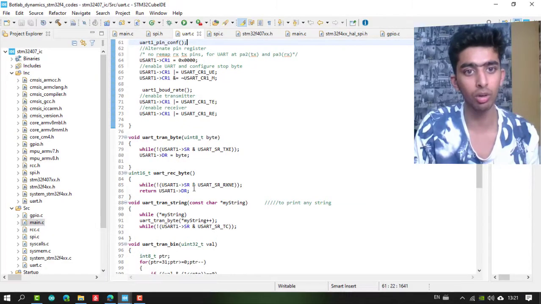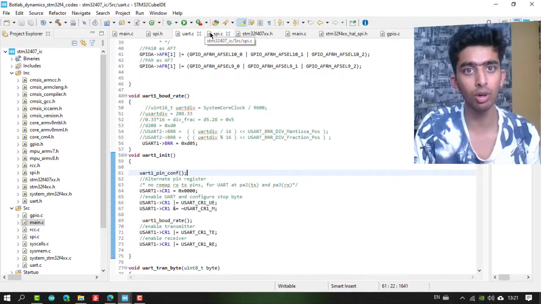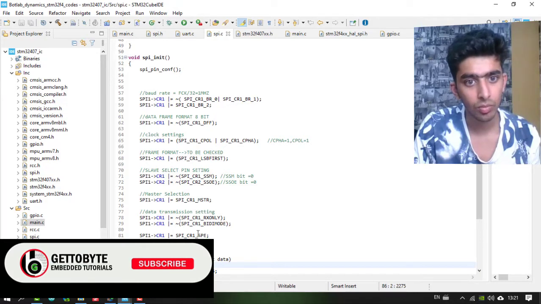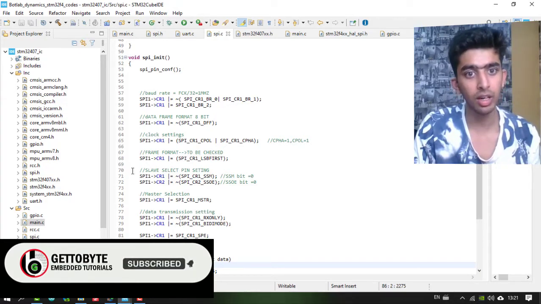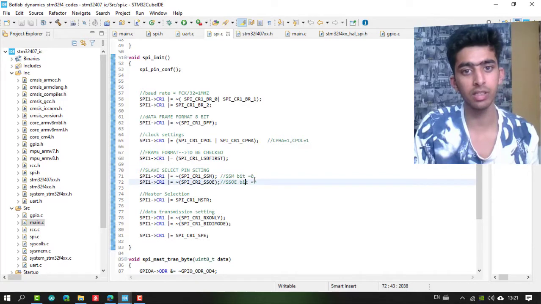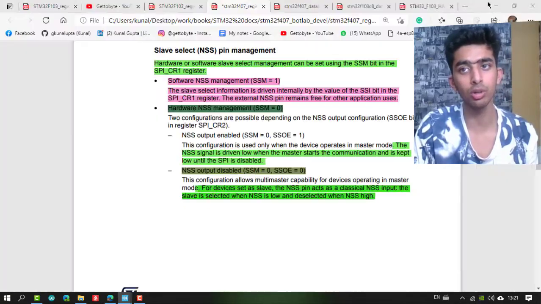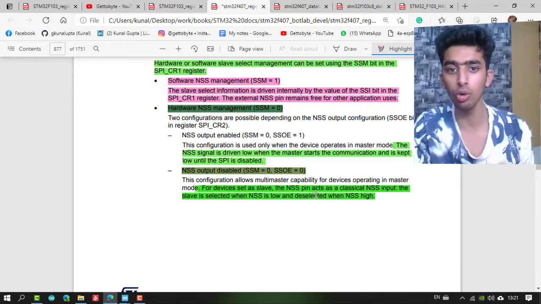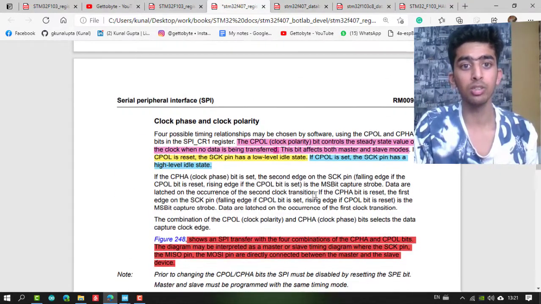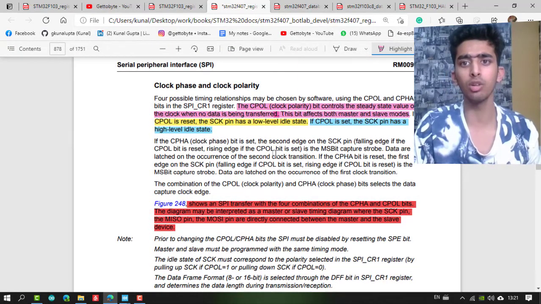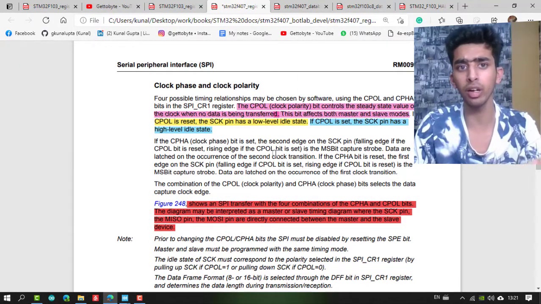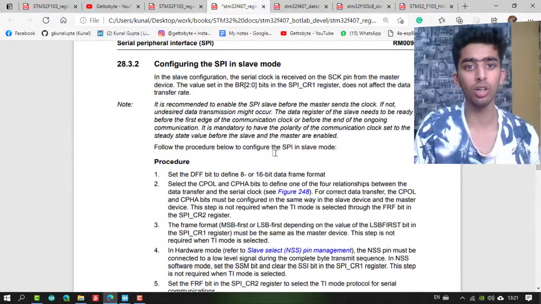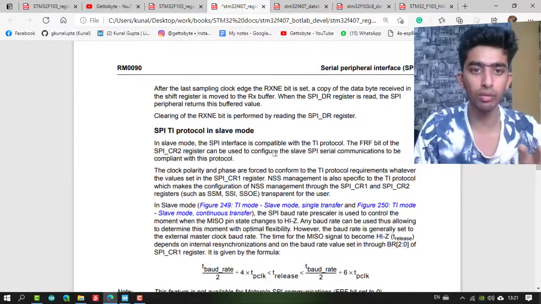As you can see here, in our SPI.C code, I have configured this: slave select pin setting, SSM bit is 0 and SSOE bit is also 0, which is NSS output disabled, when I set NSS low and NSS high. The clock phase and clock polarity are the normal ones, in which we configure the CPHA and CPOL bits. So the basic overview which I wanted to give you is this only.